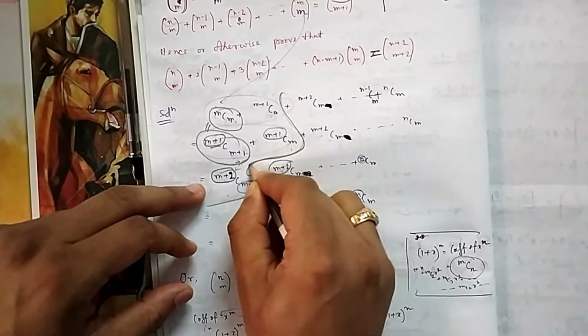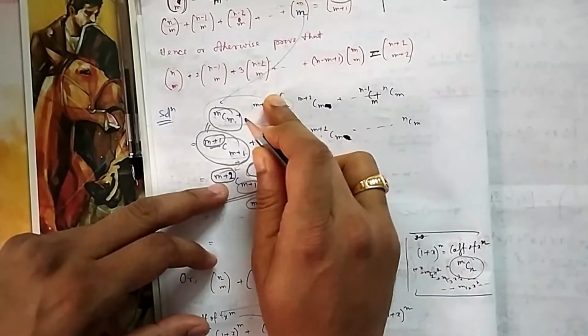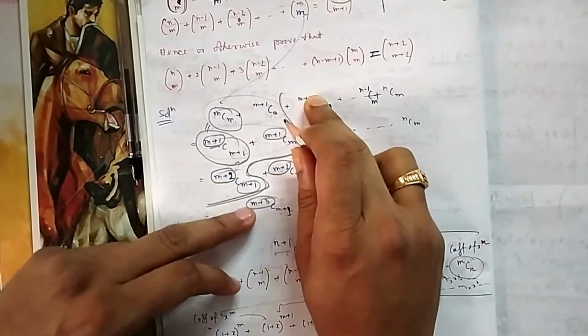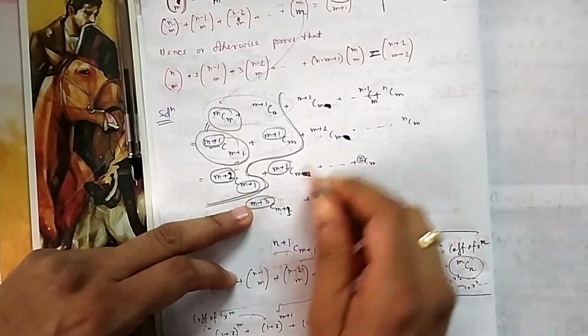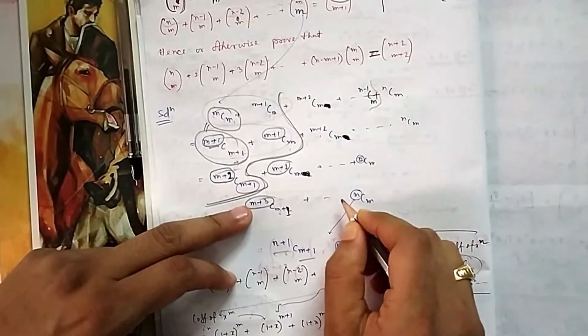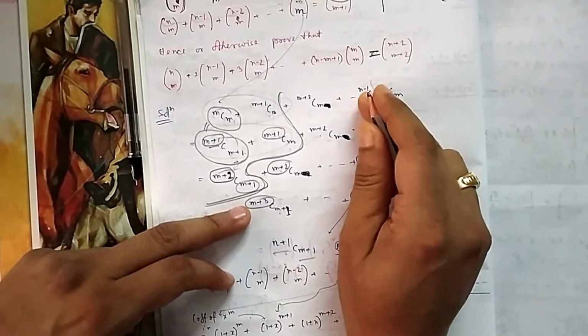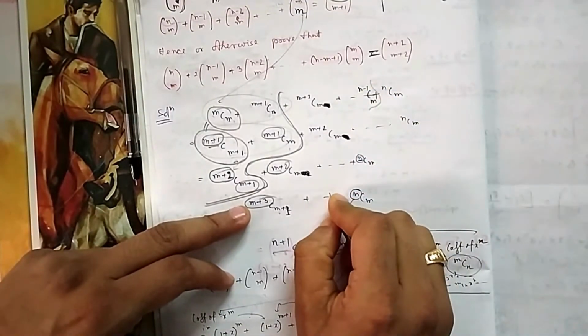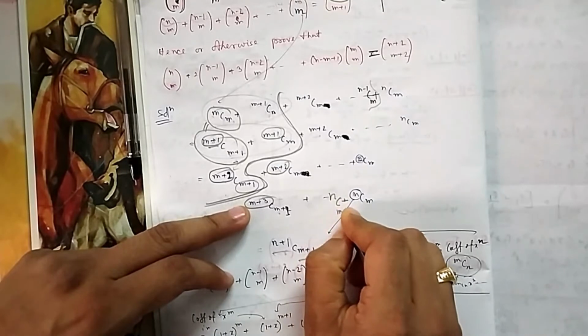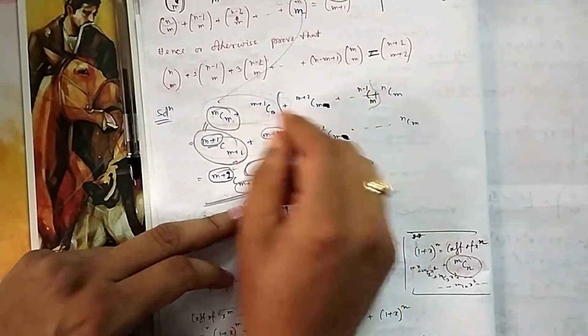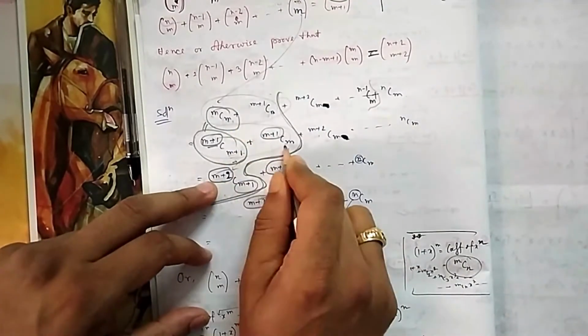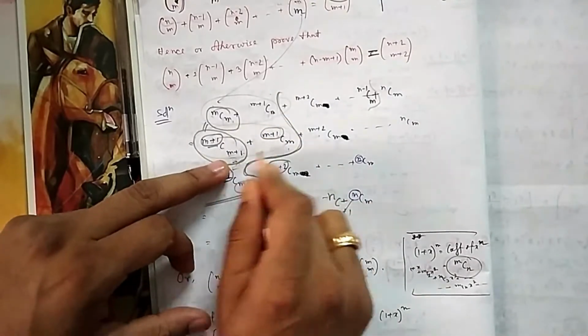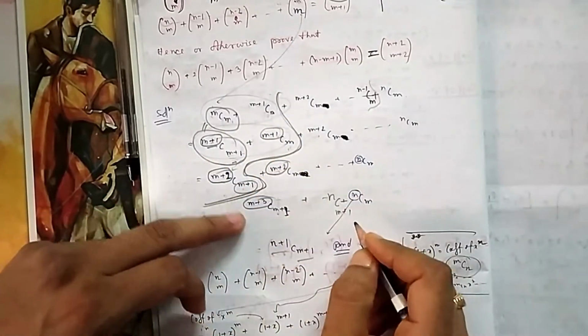If I am adding up to n plus 1, then it is m plus 2. So if I add up to m plus 2, it is m plus 3. So if I add up to n minus 1, it will be n. So this term will be, if you add up, when you reach this one, it will come nCm plus 1. Lower is always m plus 1, because m is always increasing. Originally m, but now it has become m plus 1, because the higher one is always m plus 1.